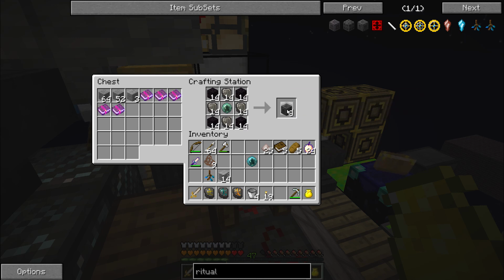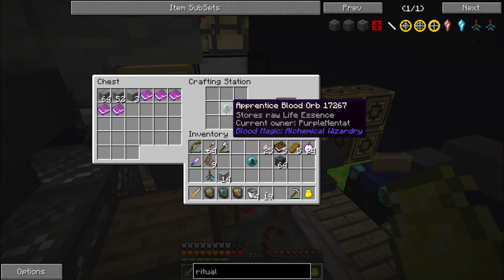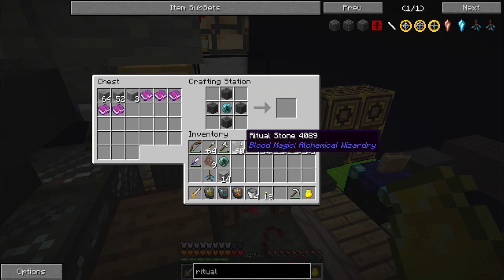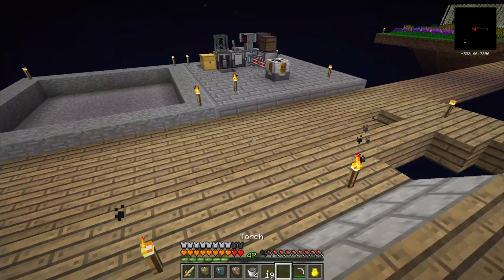There we are. Ritual stones. Make all of those. Right-click to do that, by the way. You will craft up to 1 full stack if you point at the output and right-click. And then I need more obsidian than I made because I need to make a...